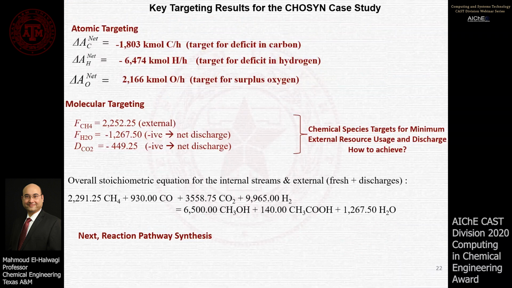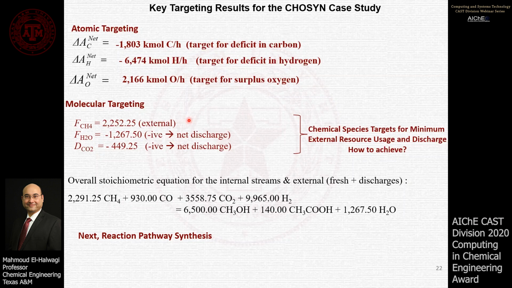First, we carry out atomic targeting, and we find out that in order to deliver the required amounts of methanol and acetic acid from the waste streams, we have deficiency in carbon and hydrogen, but we have surplus of oxygen. Then we consider external fresh streams such as natural gas, primarily methane, water, and CO2, and we find out that we need this much of external methane,